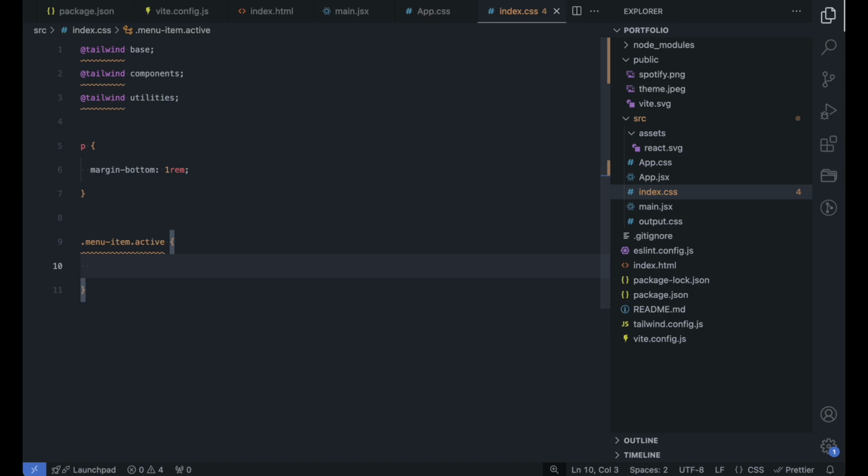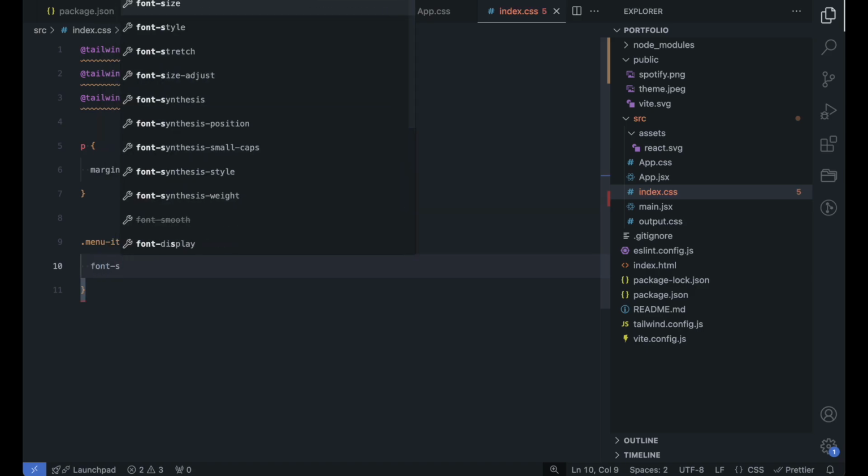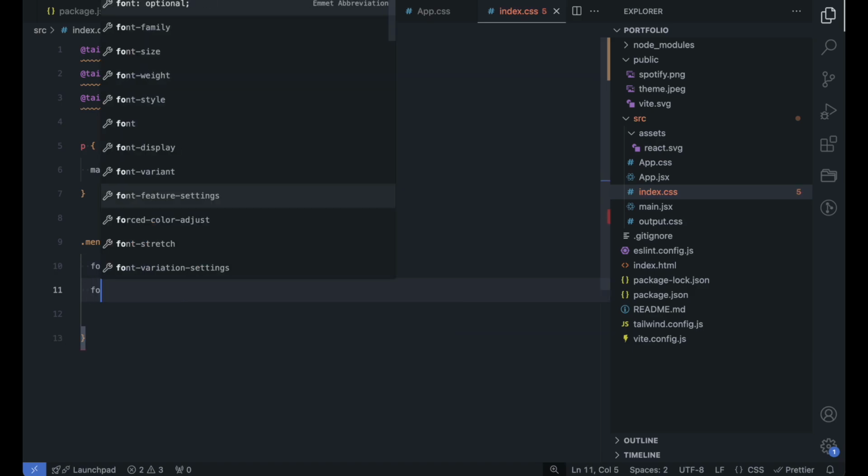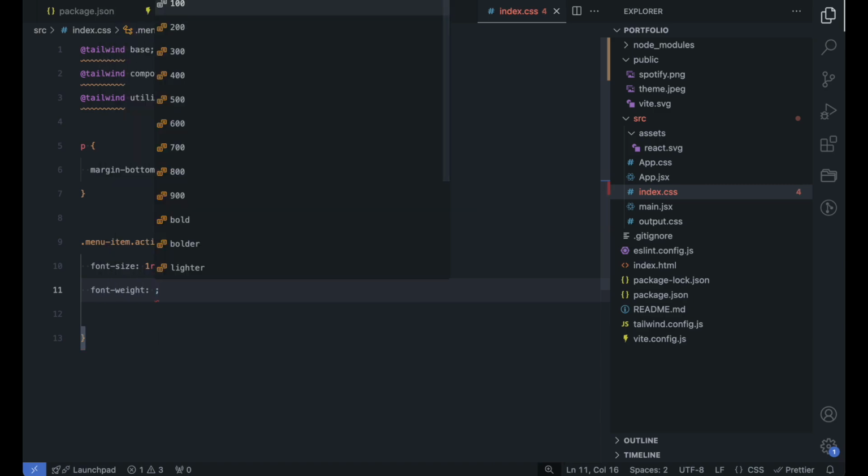I want it to be bolder in size, bigger in text, and to do that I'll increase the font size to, let's say, 16 pixels, which is basically equivalent to 1 rem, and I'm going to increase the font weight to